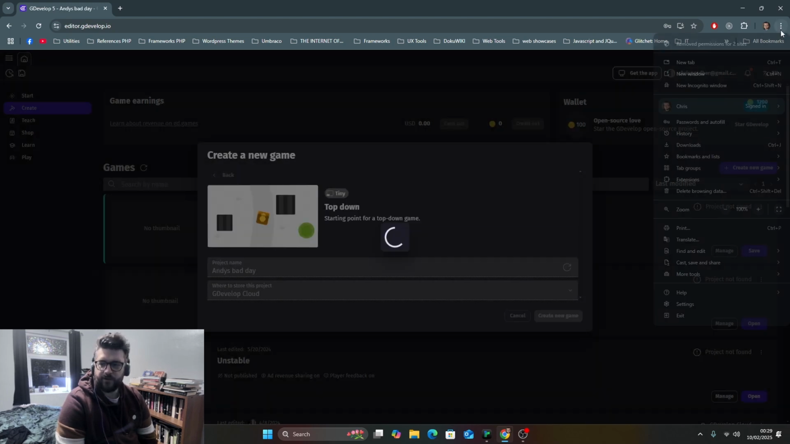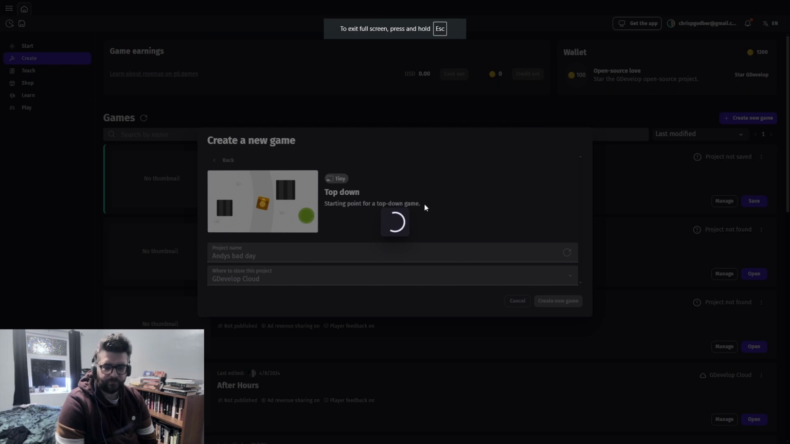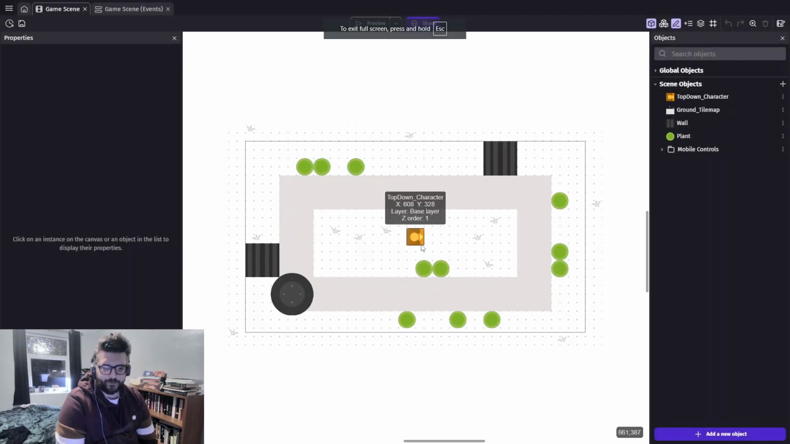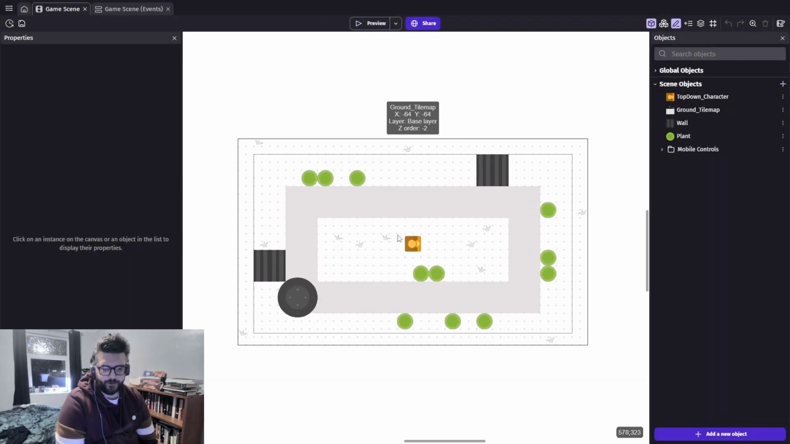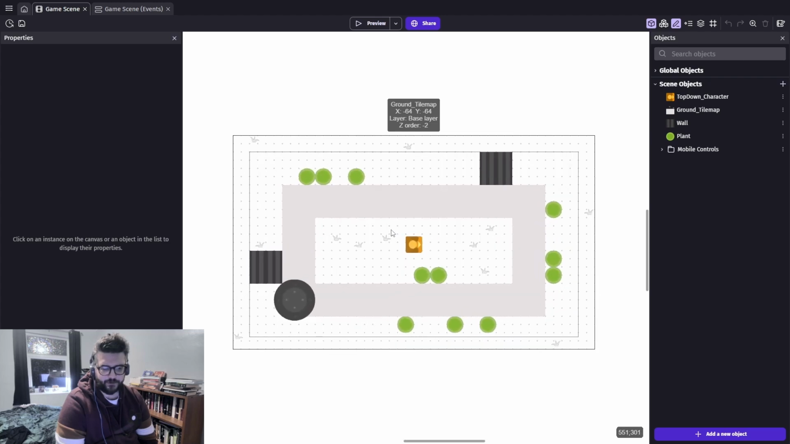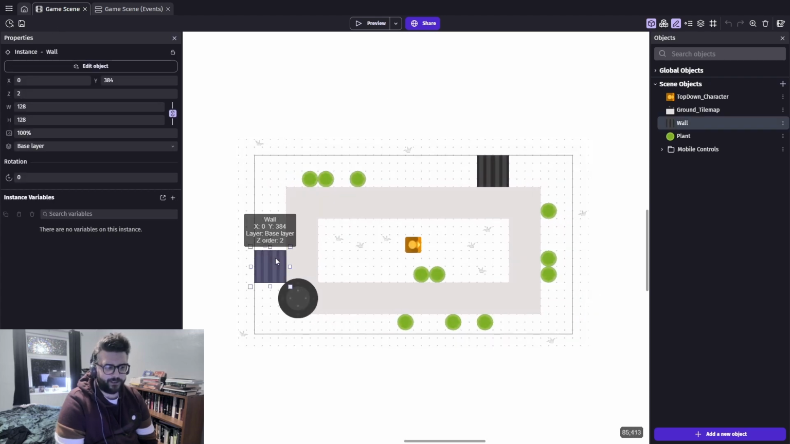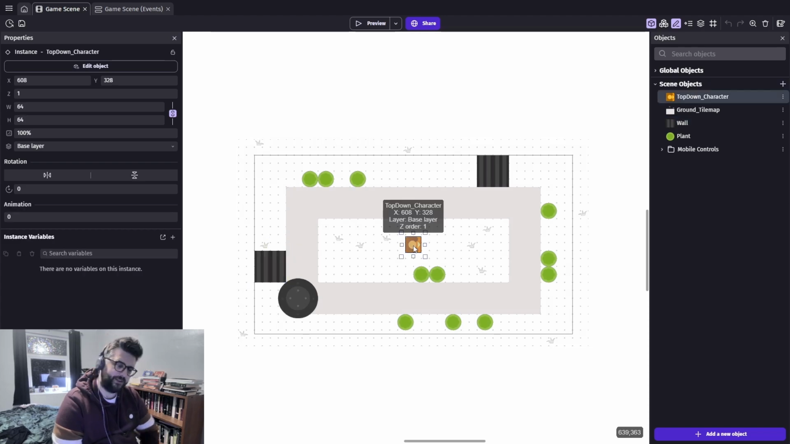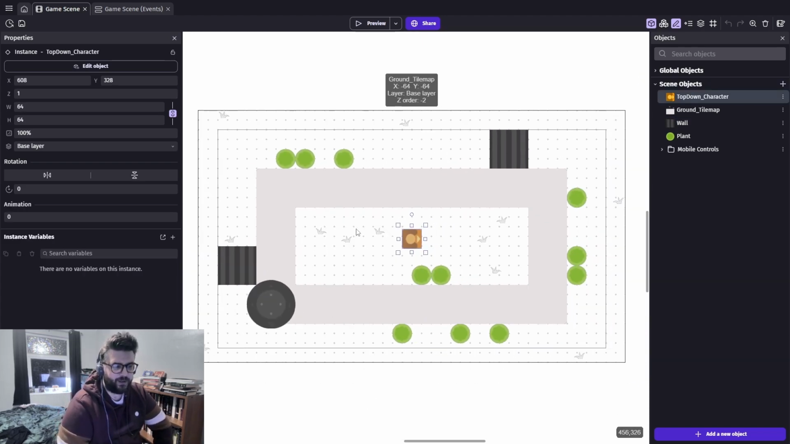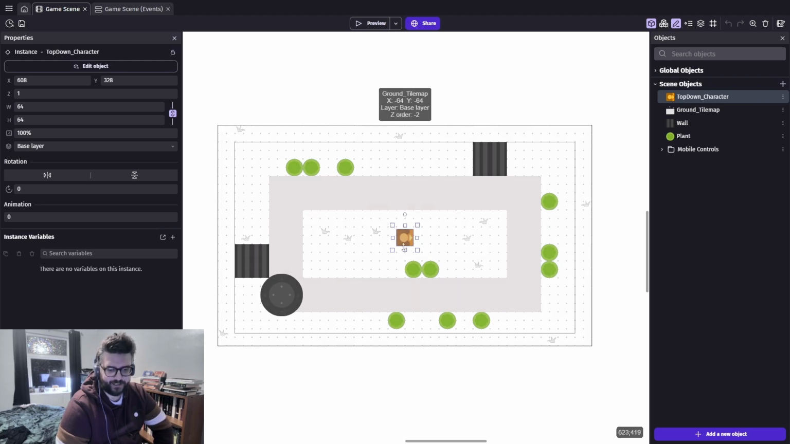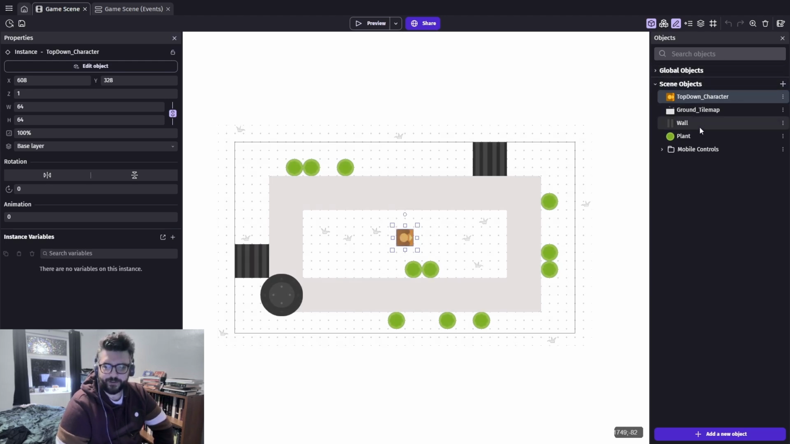And that should, I'll open this up full screen as well. Okay, so you can zoom in and out of the scene with your mouse wheel. If we click on individual entities within the game, we can see what each instance is. This character object here is an instance of top-down character. On the right hand side we have our objects, which are like our classes, so it's like a template for